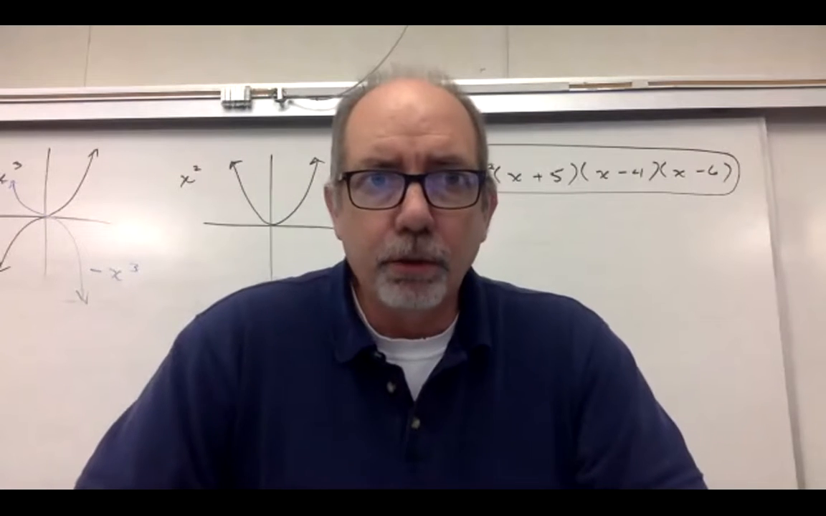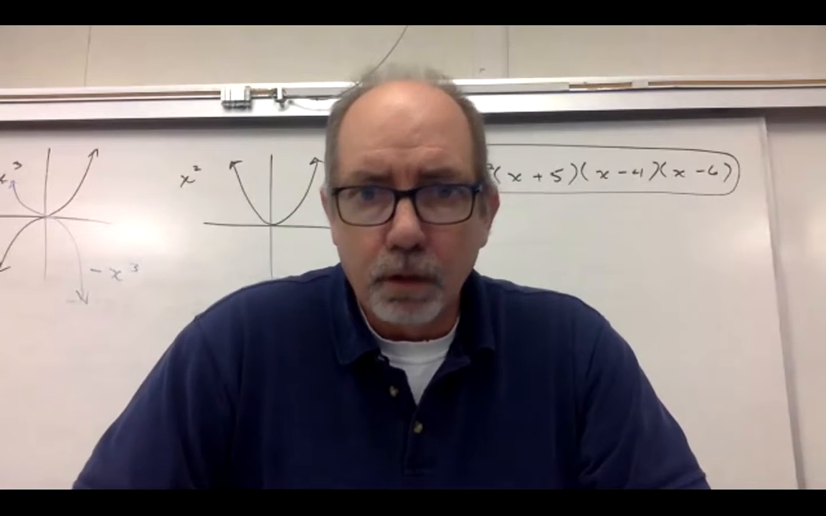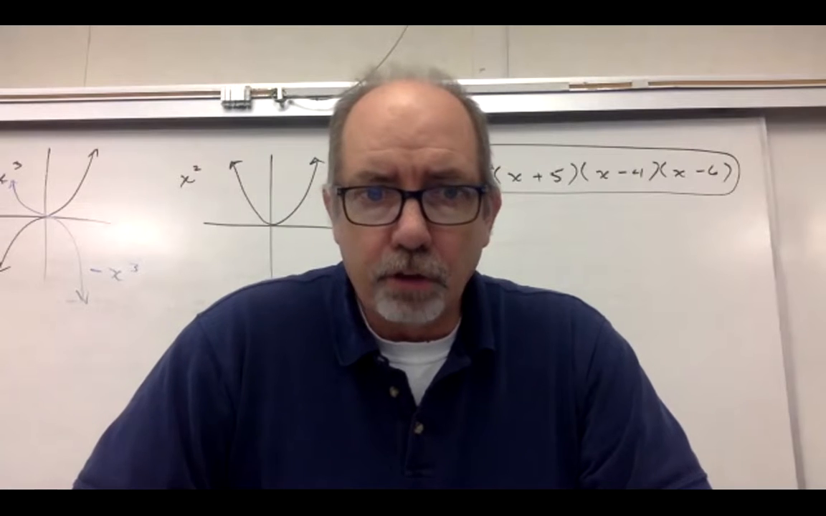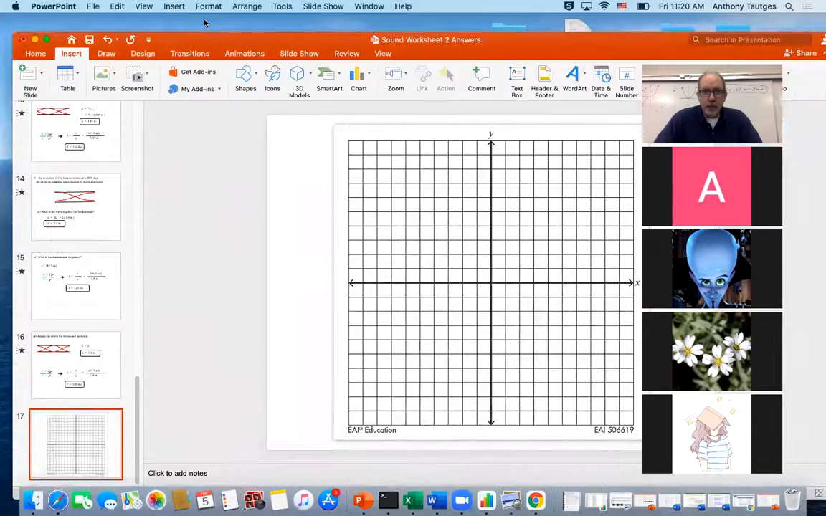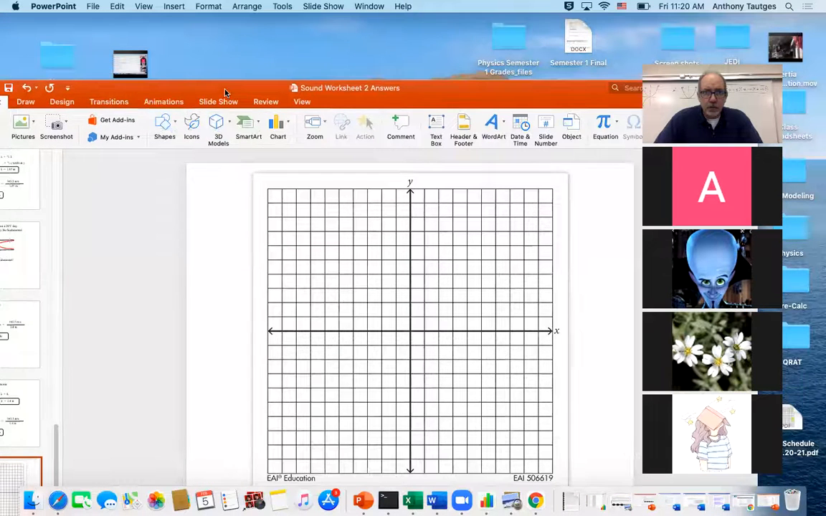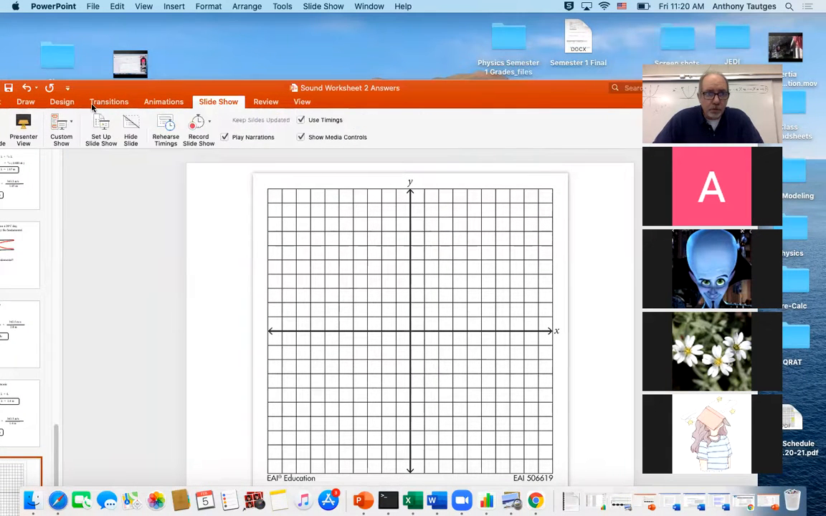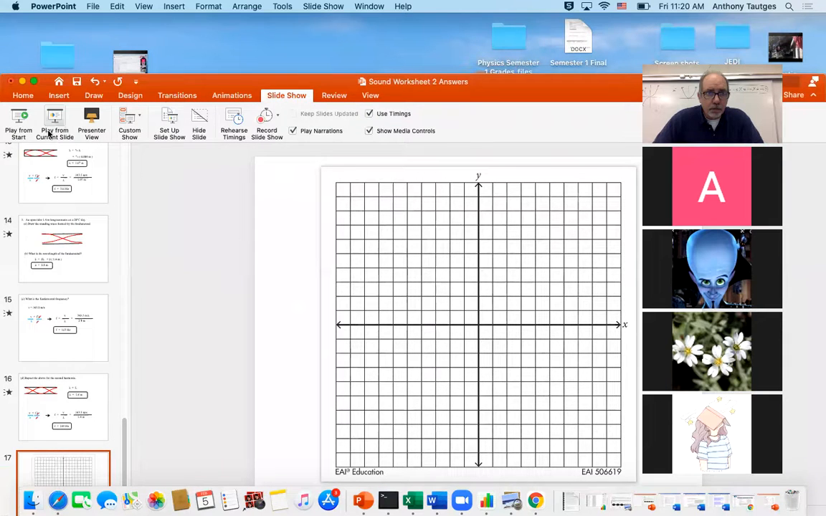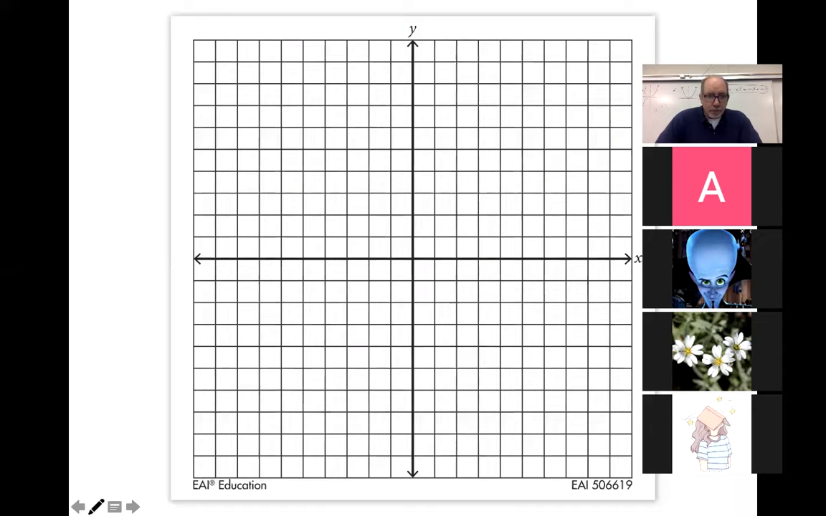Okay. So I'm going to screen share. And sorry for messing around there, but I forgot the way I did this. And then I'm going to use this grid to do this. And I'm going to slideshow from current slide. And then I'm going to pull a pen. Okay, now